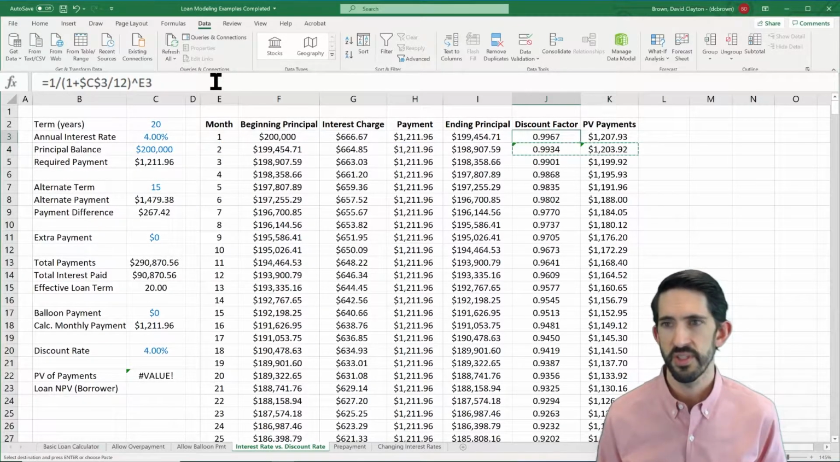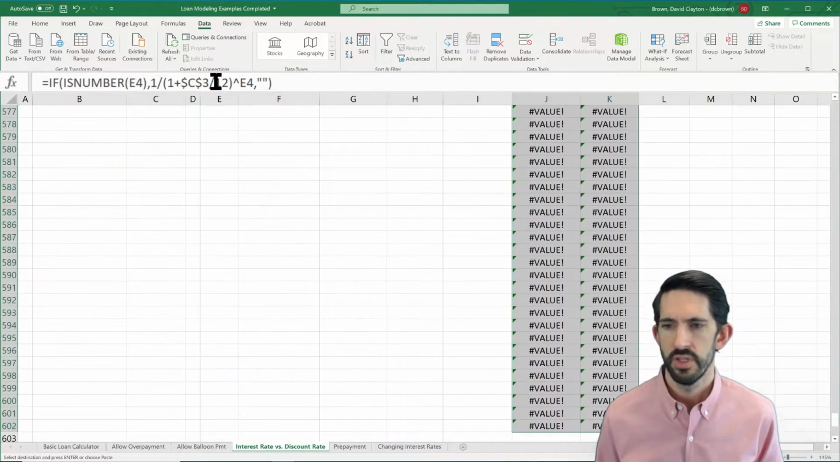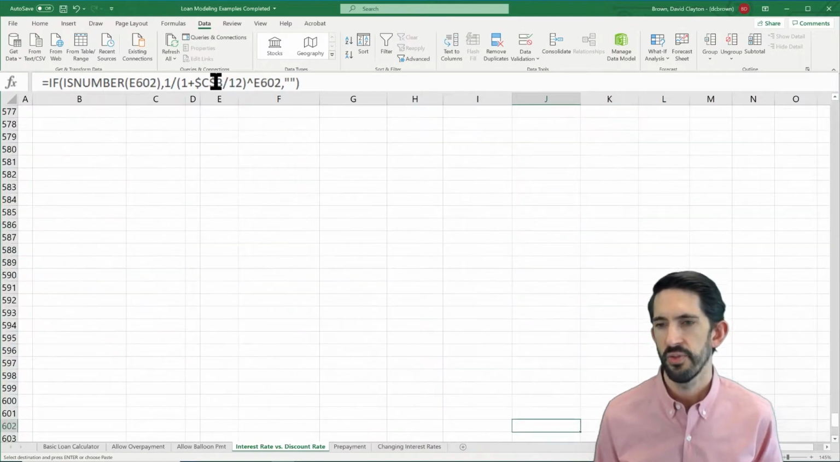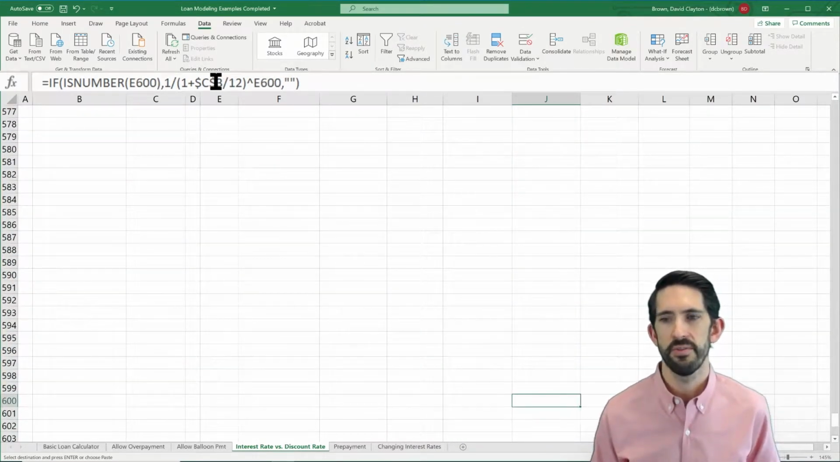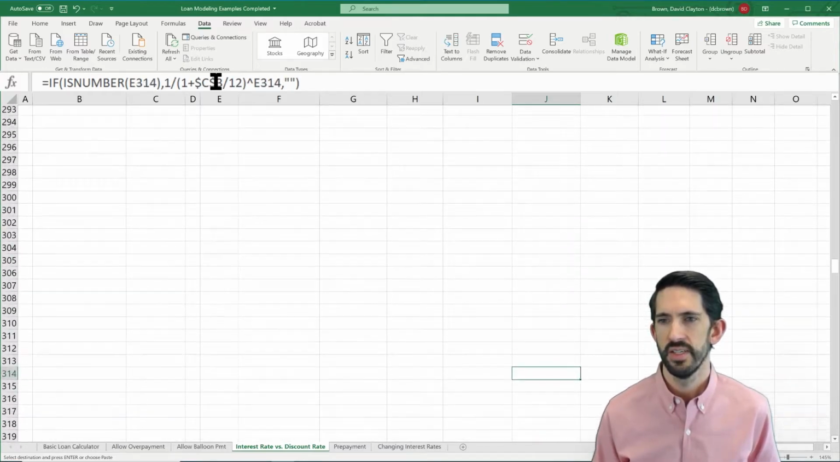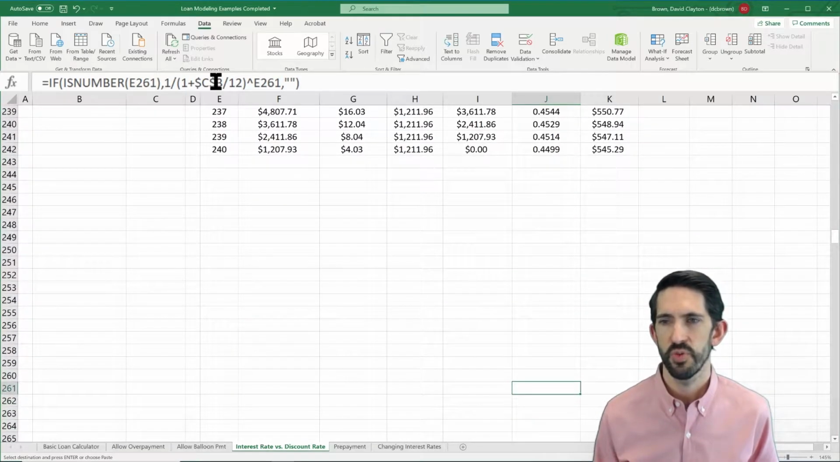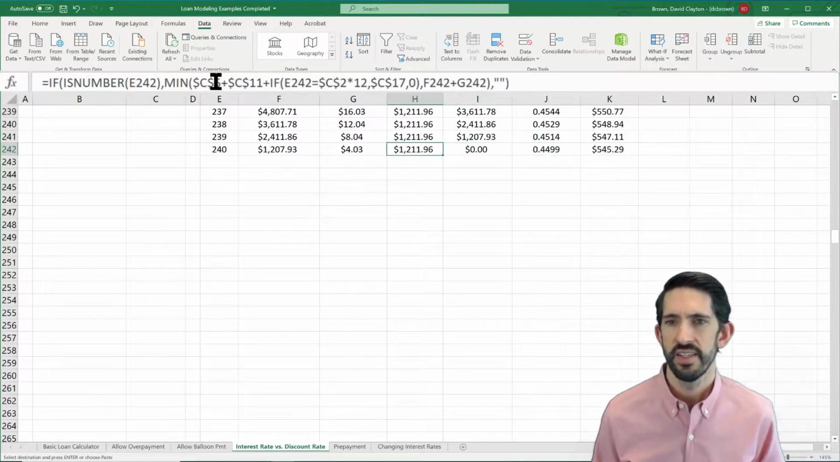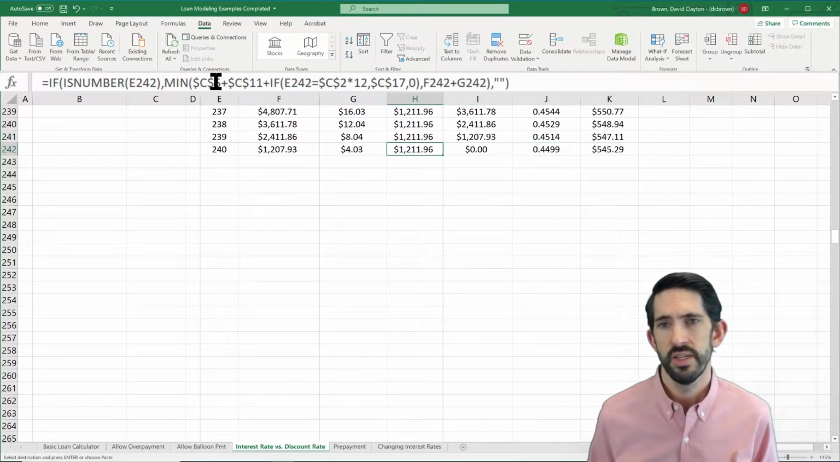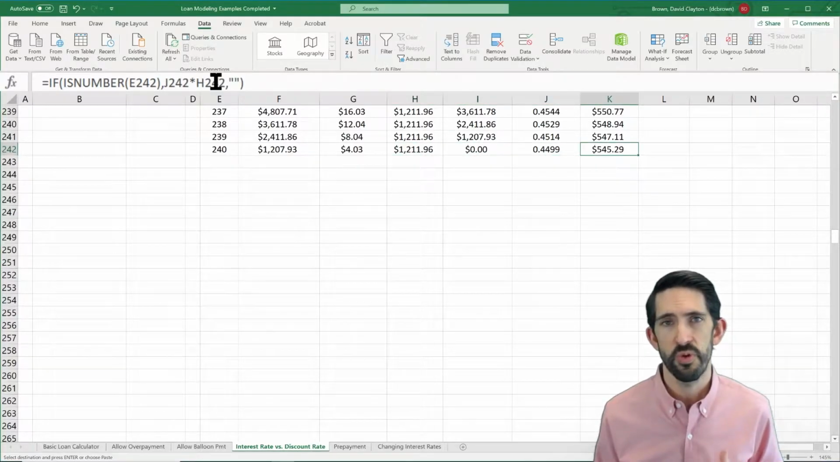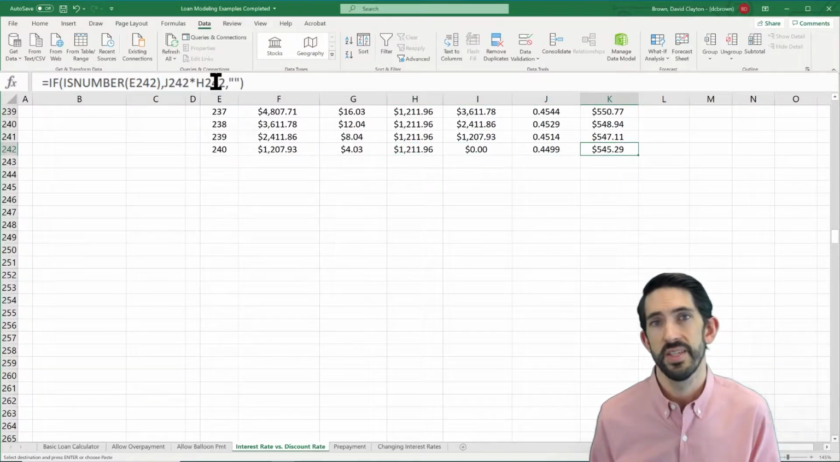We'll copy both of those cells first up, and then all the way down. If we go to the bottom, we see we no longer have those value errors down here. And eventually we get back up. There's where our loan ends at month 240. All right, notice that that $1,211 payment is now in present value terms only worth $545 when it's 20 years